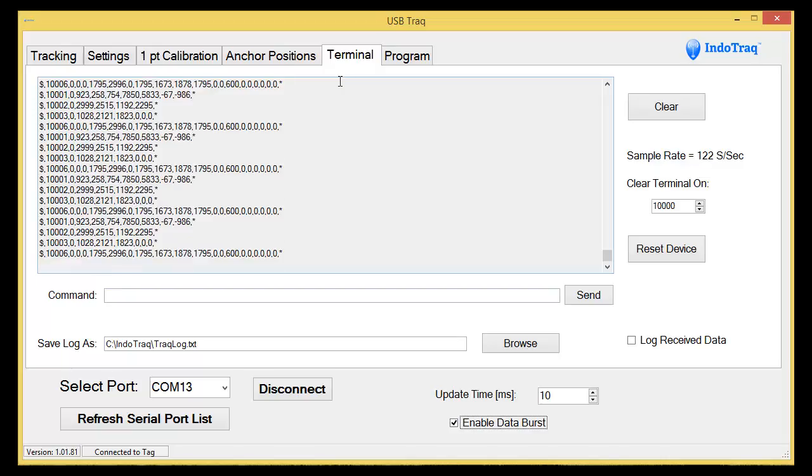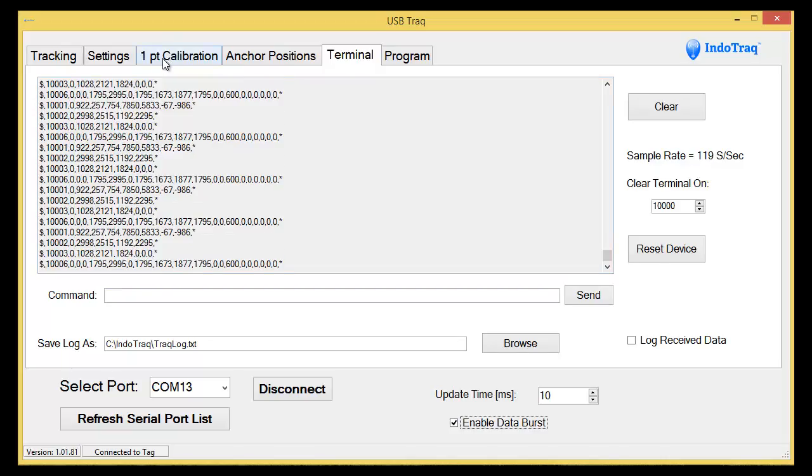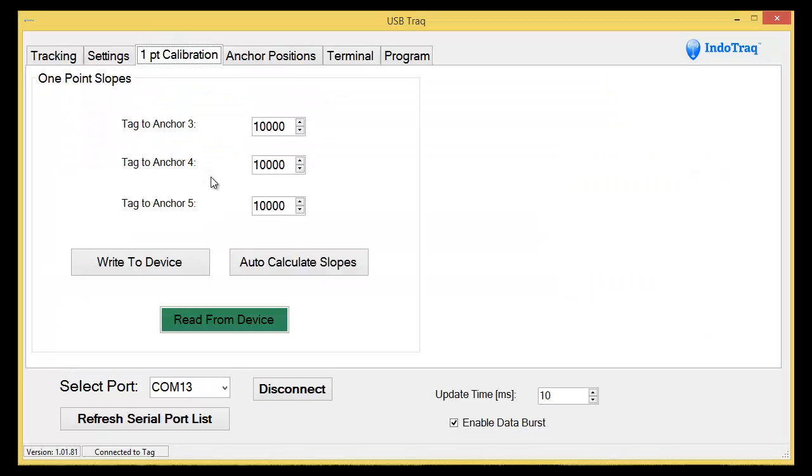The thing that I didn't cover with the anchor was this feature, 1-point calibration. This is only really valid if you have a 5 or 6 anchor system. What this allows you to do is a 1-point quick calibration so that all the Z height readings for the different anchors all come out to be the same. So what you would do is set up your system of anchors, say 1, 2, and 3 around the perimeter, and then 4, 5, and 6 below anchors 1, 2, and 3, and then stand with the tag with a good view of all the anchors,